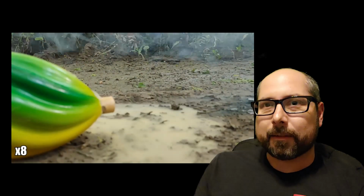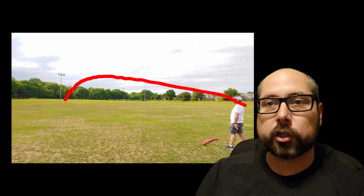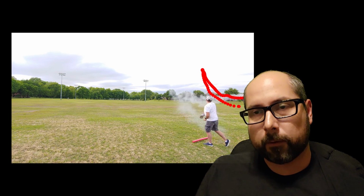Now, force is going to cause speed if something's able to move. We had plenty of that. But what I wasn't expecting was a change in direction. When I threw it with my arm, the direction was very stable. It went in one direction until it hit the ground and stopped. When I applied a rocket engine, the engines were not centered perfectly on the football and the plane, which caused it to apply force in different directions and cause very rapid and near constant change in direction